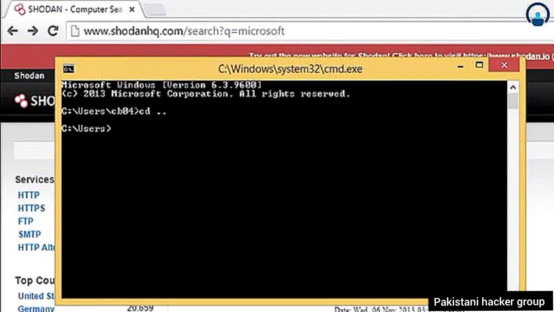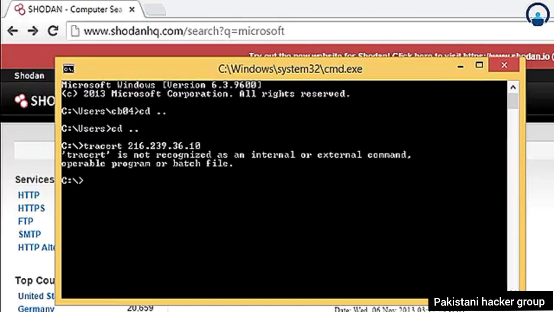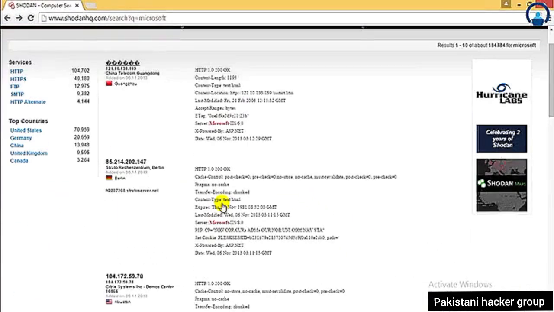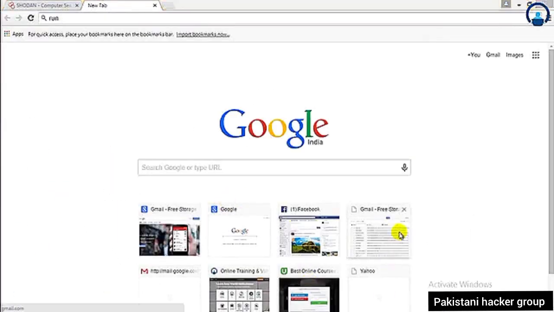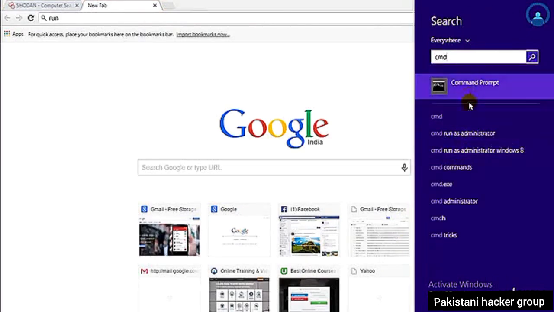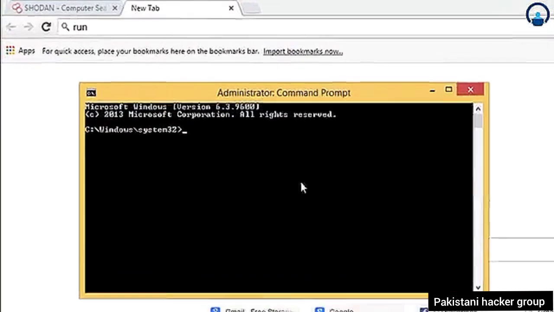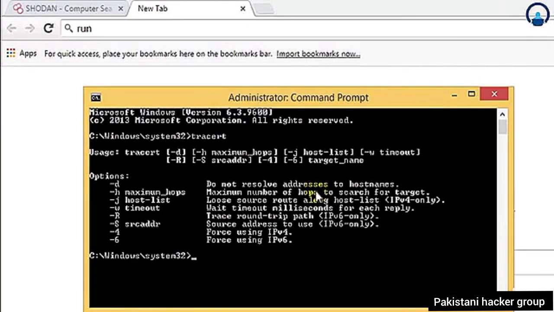So let's go ahead and type tracert 216.239.36.10. Okay, tracert, it's unable to recognize that. Let me check. Okay, I believe I need to start that as the administrator. Perfect. And if I'm going to check, let me check. Okay, perfect. So I'll just type tracert